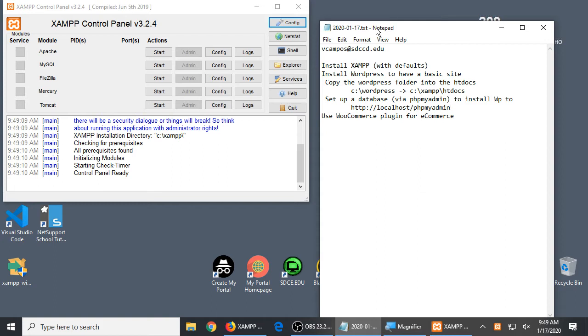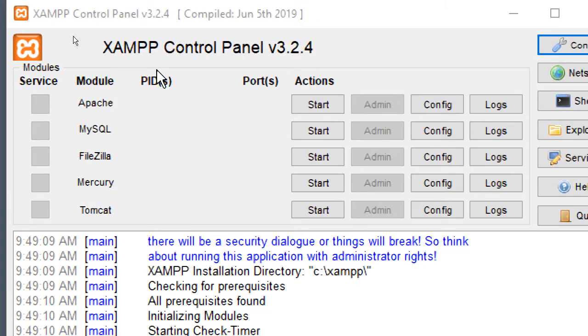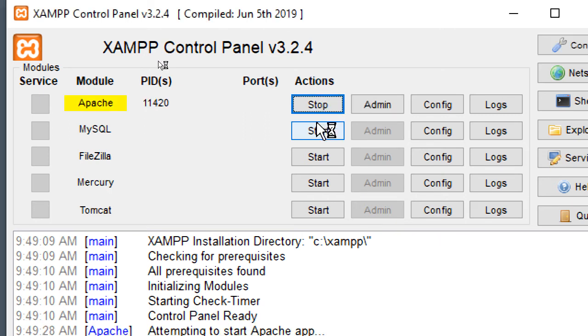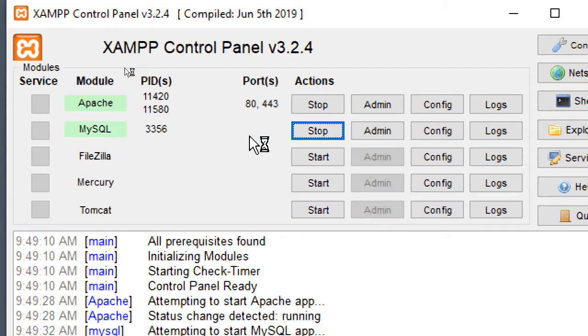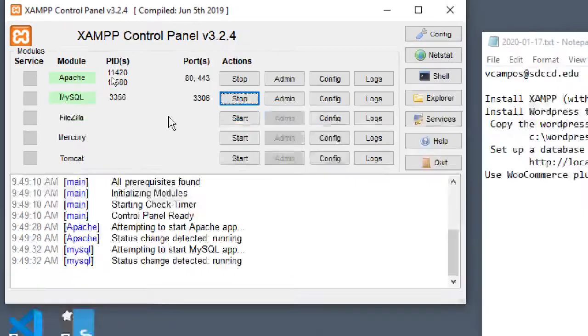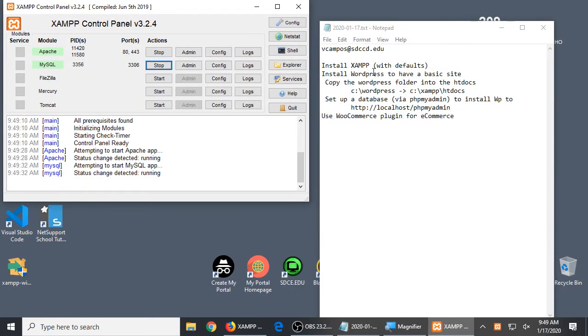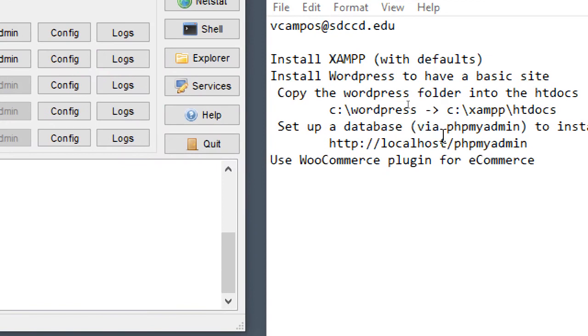So what were the ones that we needed to turn on? Yeah, these first two ones exactly, Apache and MySQL. So let's start both of those. So one becomes green, and the other one becomes green. Okay, so if I was saying that localhost